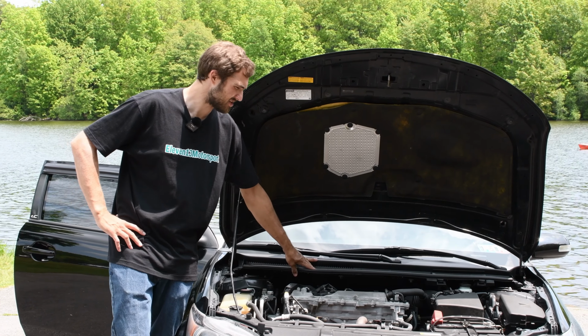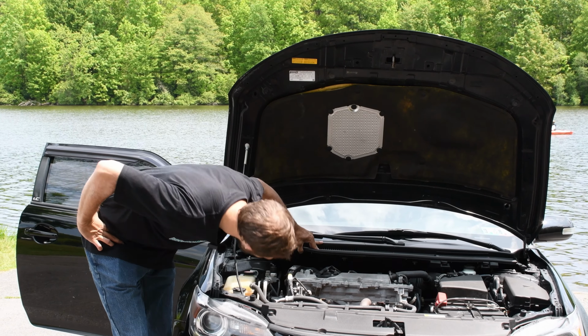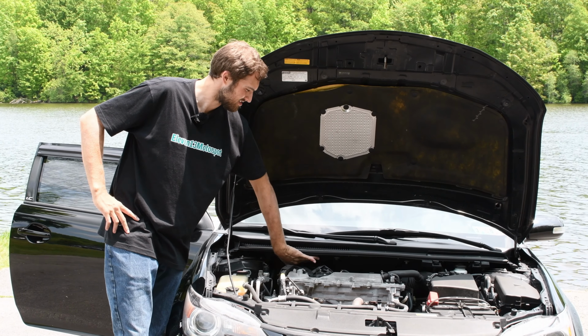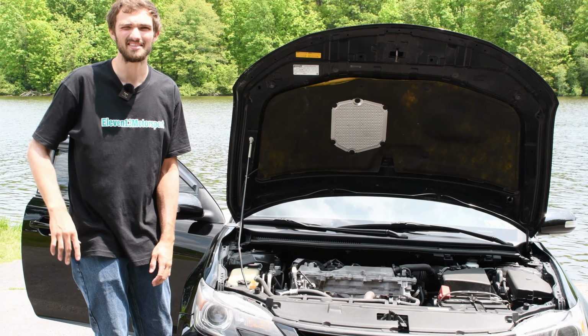If you got this cowl out of your way, I think the intake manifold will be a lot easier. I don't know if this is particularly removable. It is to a certain degree, so eventually you'll hit the metal about right here. So yeah, it's gonna be tough to work on that intake manifold in the back, but makes working on the